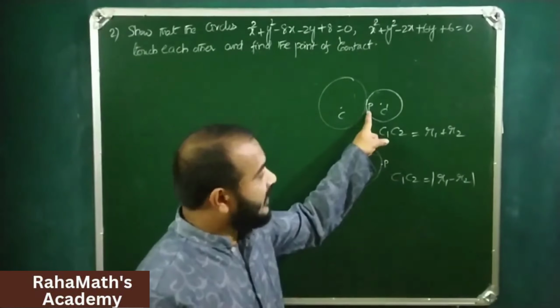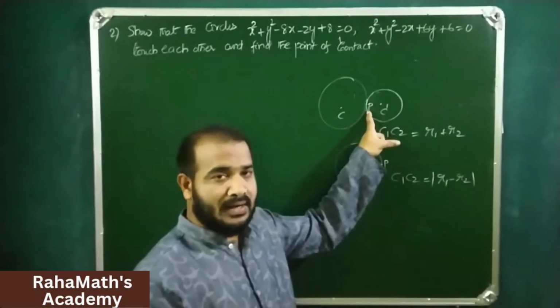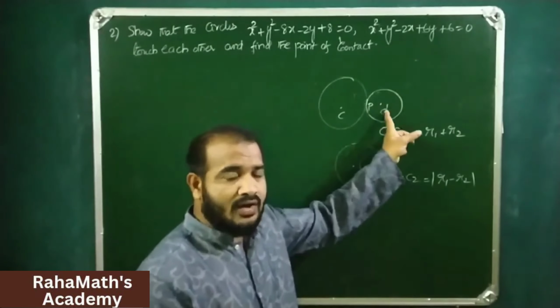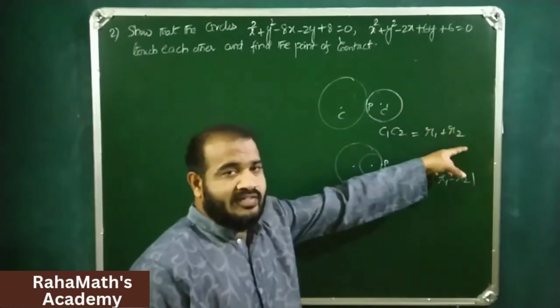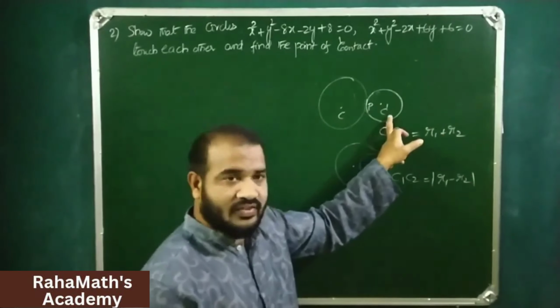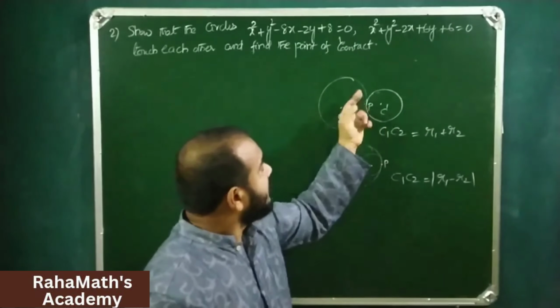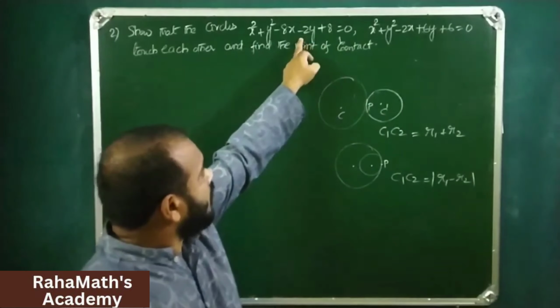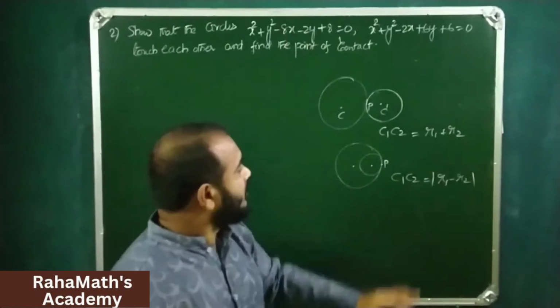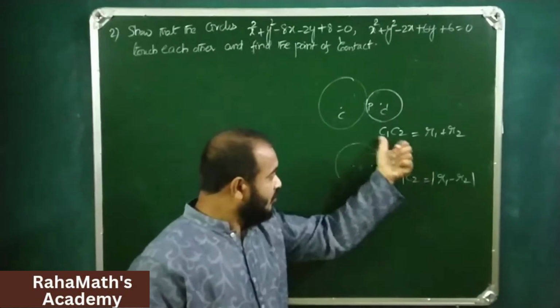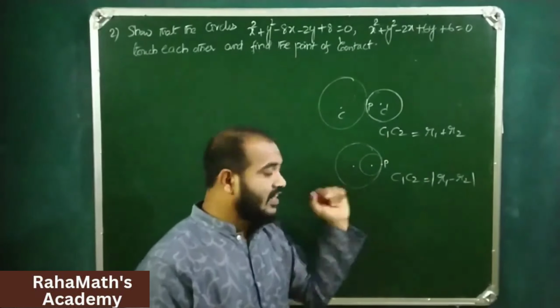Here, the point is (R1x2 minus R2x1) by (R1 minus R2)... where x1, y1 is the center of the first circle, x2, y2 is the center of the second circle, and the radius is found through the formula root of g square plus f square minus c. Okay? Here, if the situation is something like this, the circles touch each other internally, then this